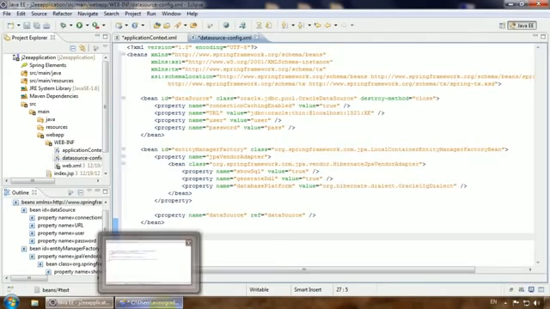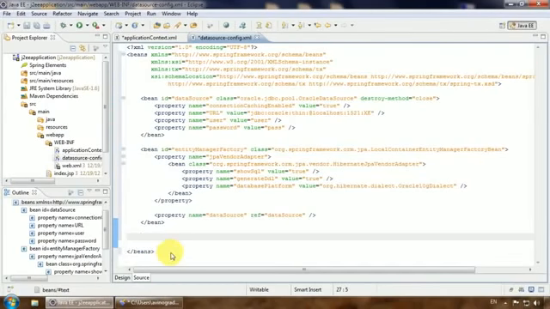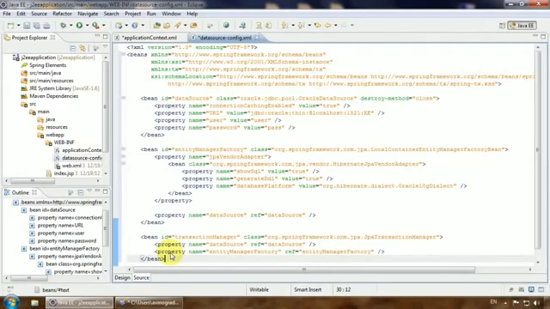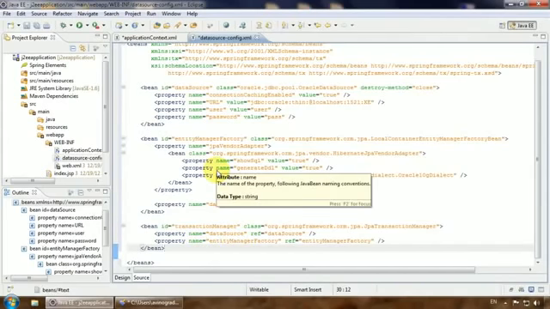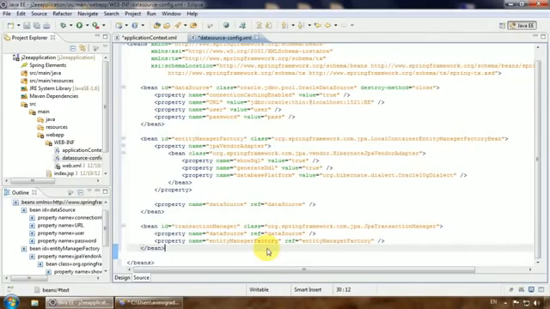So let's proceed with the transaction configuration. We do the configuration by defining the bean called transaction manager, which is the Spring Framework managed JPA transaction manager, and pass to it the reference to our data source as well as the entity manager defined here above. Yet we have to configure other things with transactions. That's not enough, but